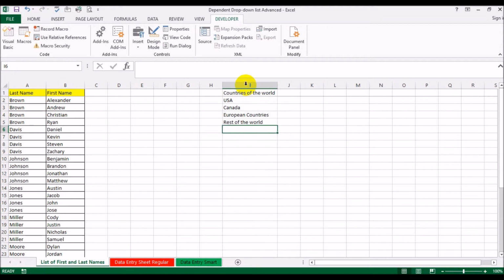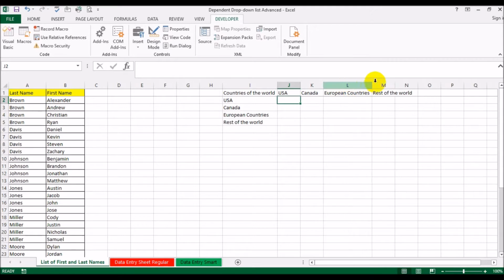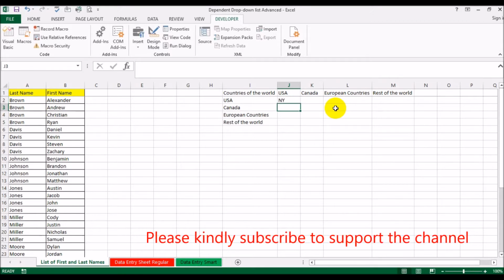Then you would have columns for USA, Canada, and so on. For USA you could have, say, New York and Austin,